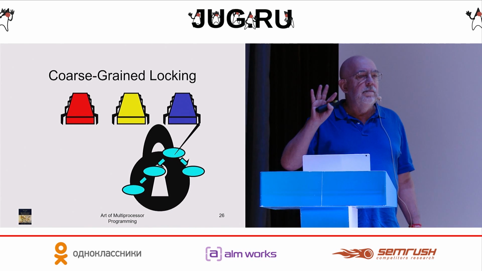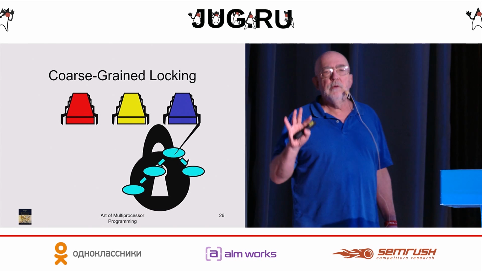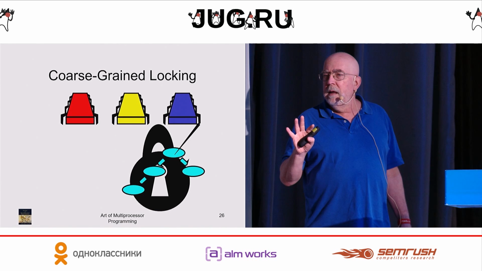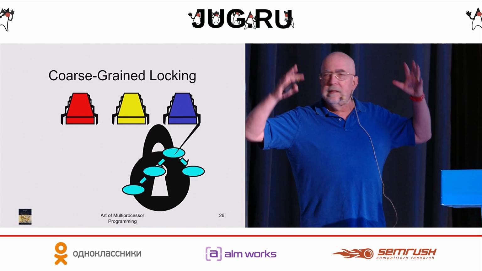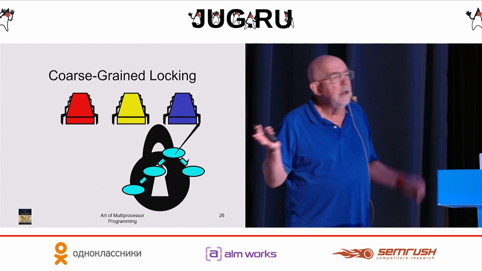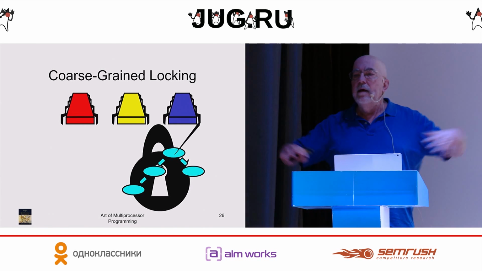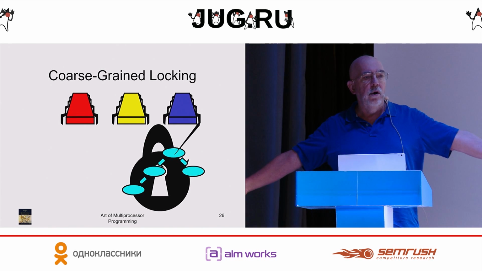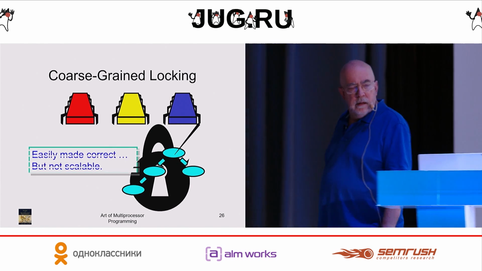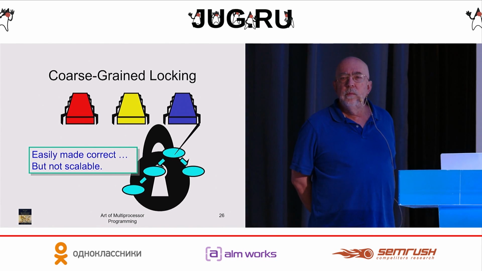So the use of a single lock can be tempting because it's easy to convince yourself it's correct. And it's easy to get even the most novice programmer to use it. If there's any danger, any doubt, just get that lock and you'll be safe. You won't be very fast, but you'll be safe. But the problem is, of course, that you're going to get terrible performance. And every year when your clients buy larger and larger multicores, they're not going to see any speedup. So the answer is, it's easily made correct, but it's not scalable. So we don't really like